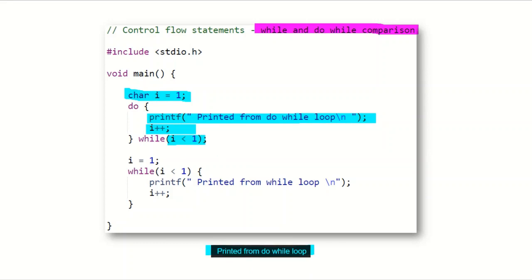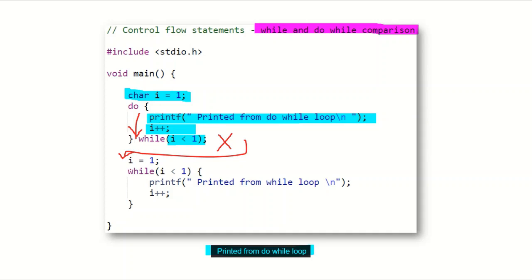This is actually a false statement, because i is initially 1, so 1 less than 1 will go wrong. But the condition is checked only at the end, so the statements are executed once, and after that it will exit the loop. So even though this condition is wrong, the statement is executed once.